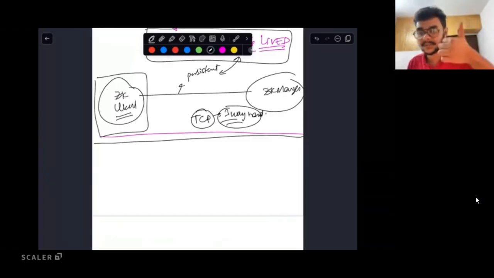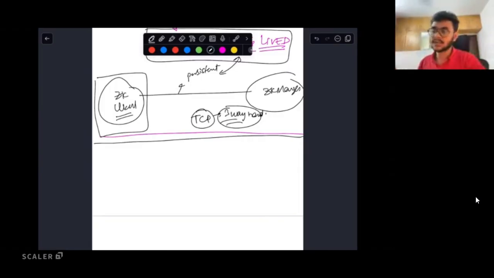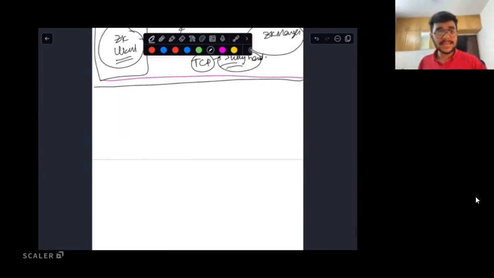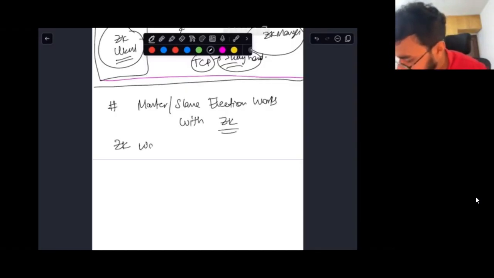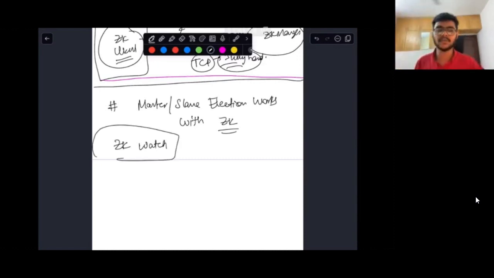Please give me a +1 if it makes sense. And if it does not, please post a question in the questions tab. I will explain in depth how this 3-way handshake is performed. Awesome. Is there anyone who has not understood, has any doubt? Please mention it. Otherwise, we will understand how master slave election works with Zookeeper. I have to explain the concept of Zookeeper watch for that. But is this point clear to everyone? I hope there is no doubt on whatever I have discussed so far. Makes sense to everyone? Awesome.